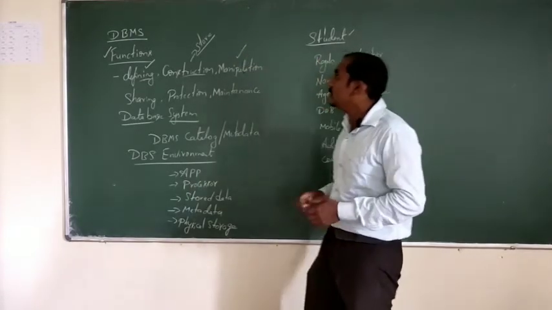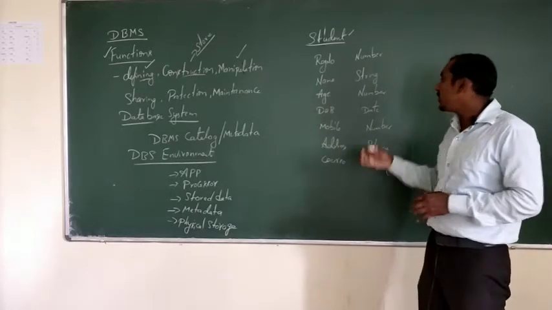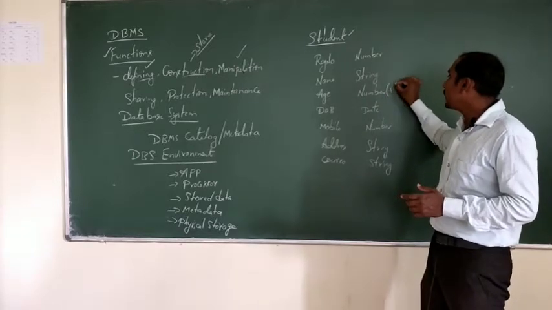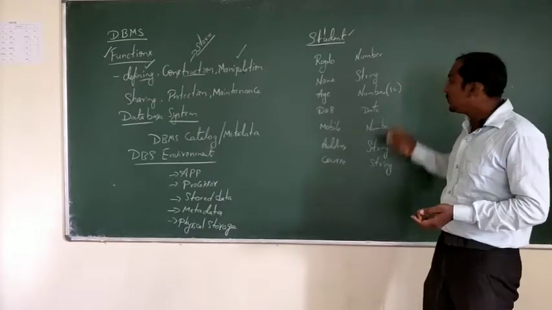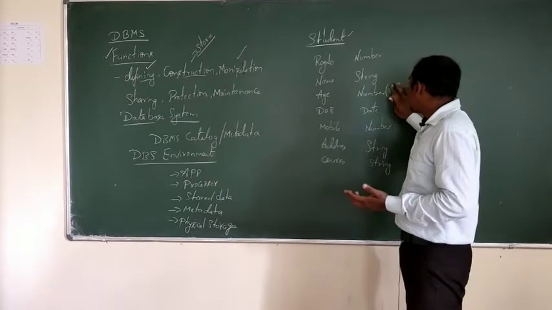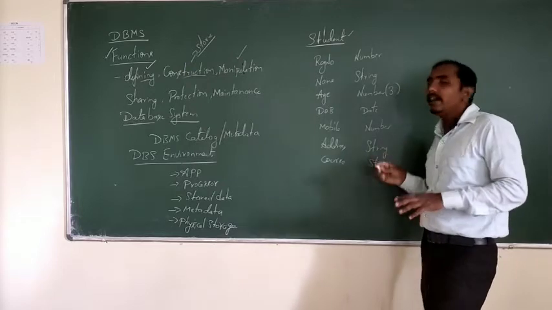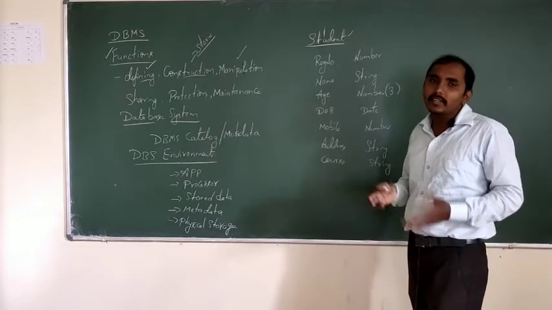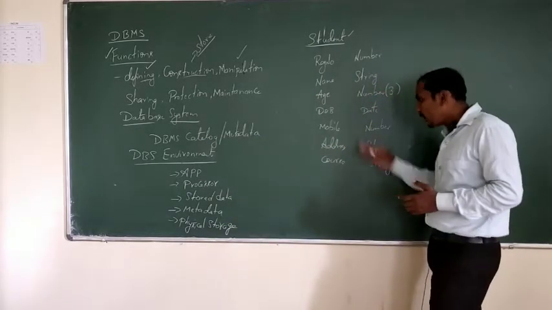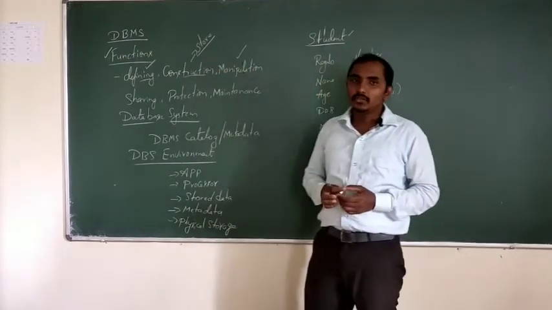Again, manipulation. So the database should allow making any changes to this. I can change, say for example, instead of number of 10 for age, it is not required because age will be a maximum of 2 or 3 digits, right? So I can reduce the size to 3 digits or I can reduce the size to 2 digits. Again, phone number, I can make the size as 12 digits or 10 digits, that is based on our requirement. So we should be able to manipulate whatever we have defined, and that will be allowed by the DBMS software.